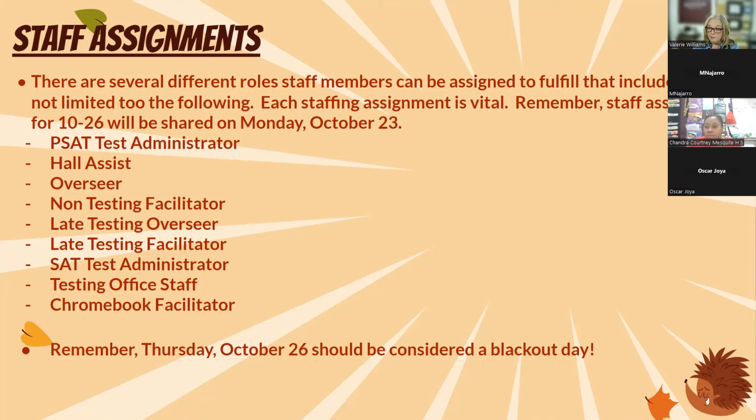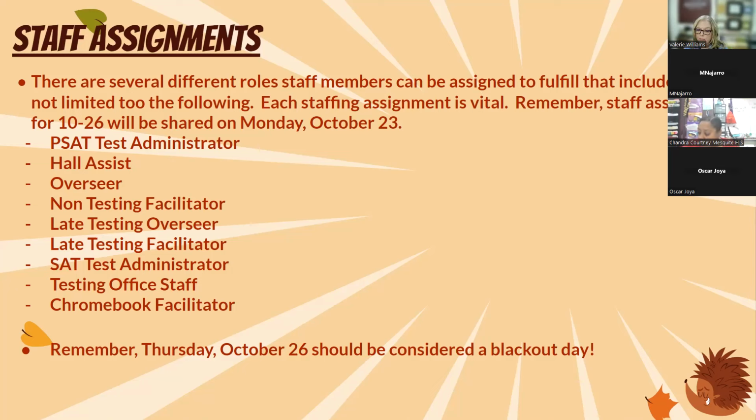Nobody is sitting around eating bonbons on this day. It is highly stressful. We all have to be on our game, and there is just a lot of pacing and attending to the needs of others. And that's just what we have to be able to do that day. So these are possibilities, but just know that I really do think wholeheartedly about the plan, what it takes to execute, and how we get everybody in the best position we can for each other and for our students.